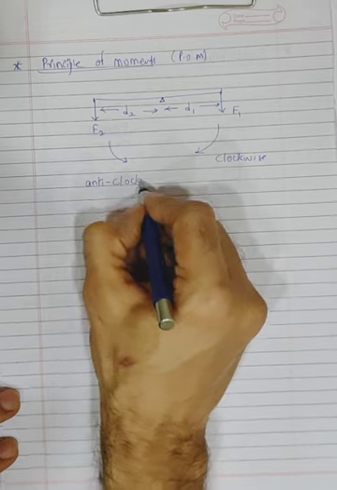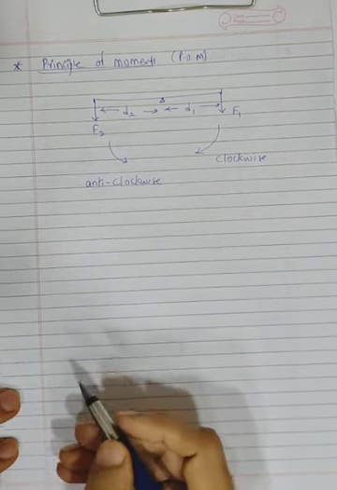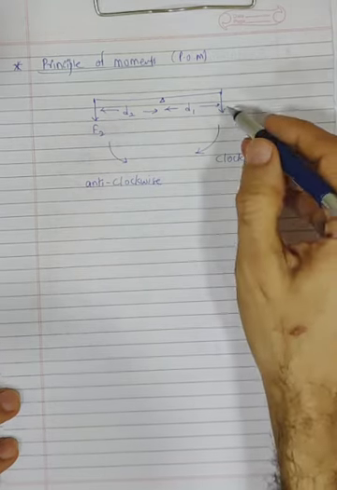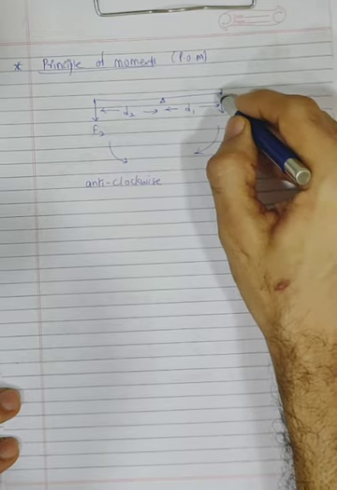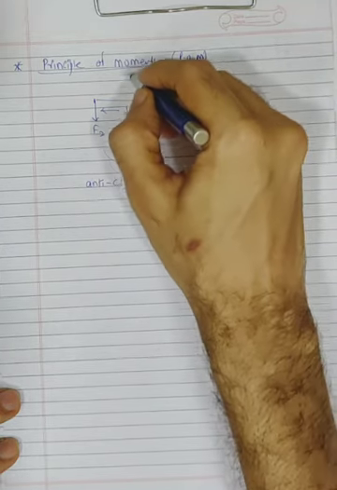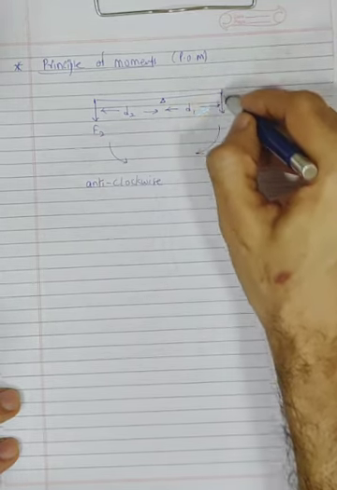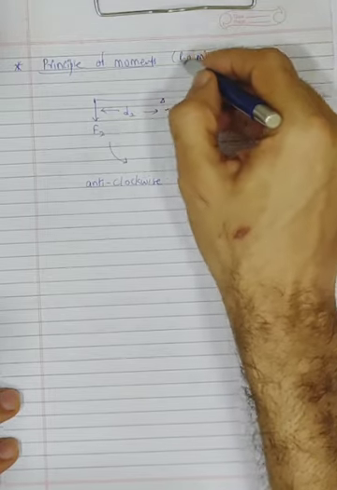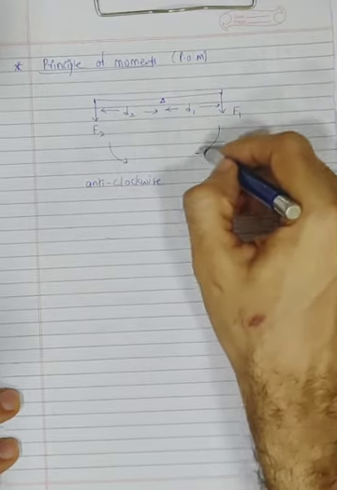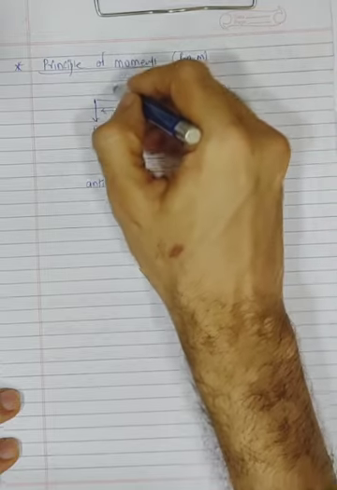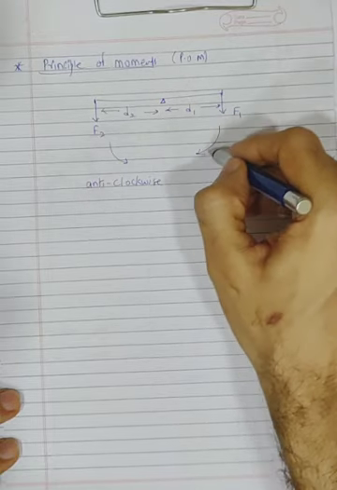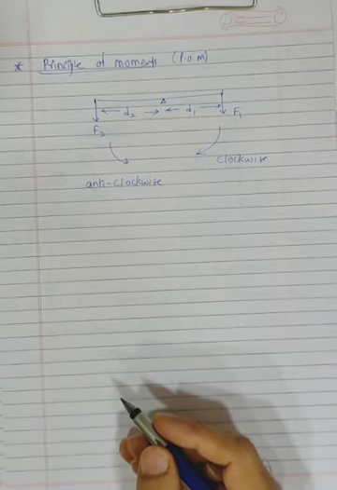Anti-clockwise moment. Clockwise moment and anti-clockwise moment. I hope you understood how clockwise moment works, because this force will turn the body like this around this fulcrum. So you have to go around the fulcrum and check whether it is clockwise or not. This force will turn the body in this direction. So you have to move the force about the fulcrum and then find out whether it is clockwise or anti-clockwise.